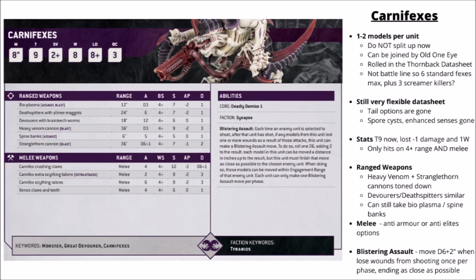Next up, we've got the trusty living battering ram that is the Carnifex. Previously, you'd field these guys in a brood of 1 to 3 and then they'd split up. Now apparently they're a unit of 1 to 2 models that work together, and what's more, it's kind of fun as old One Eye can even join them now, so you can actually shield him from harm as he moves up the board. Looks like this datasheet rolls in the Thornback datasheet, as that's just not really a thing anymore,